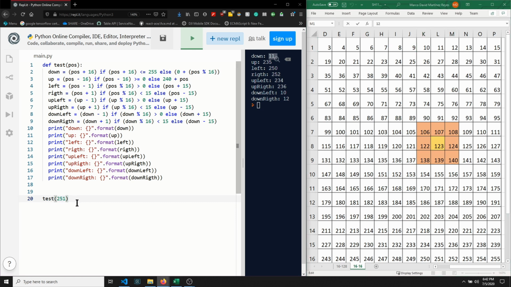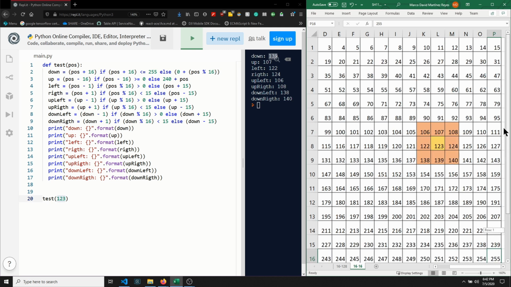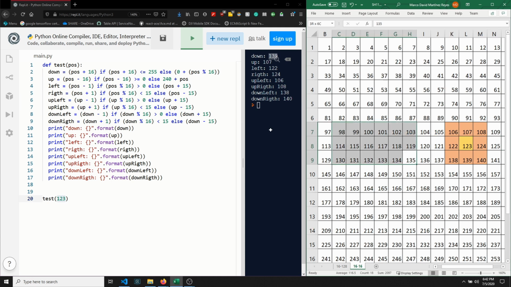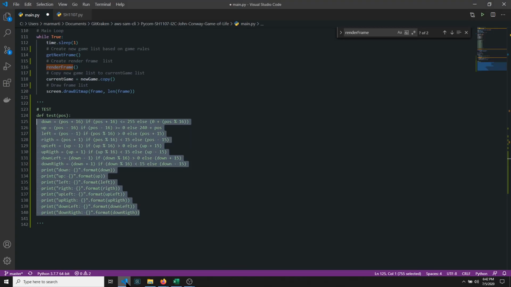So that's the reason of using the modulus for calculating or for getting new positions if we somehow end up at the end of the list, at the beginning of the list, at the sides of the list. So if, for example, we are in position 127 and we want to calculate what's the cell at my right, and if we are on the left side, that will also apply. So that's the reason of having the modulus for calculating that position. So if we go back to our code,